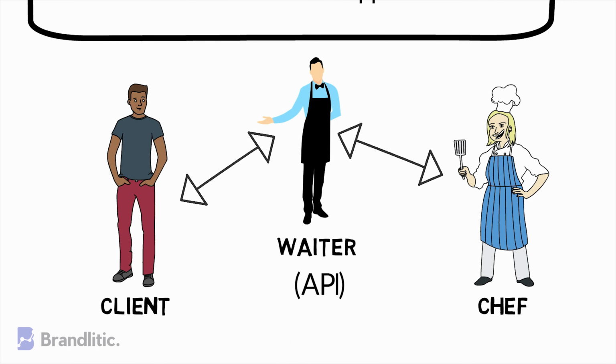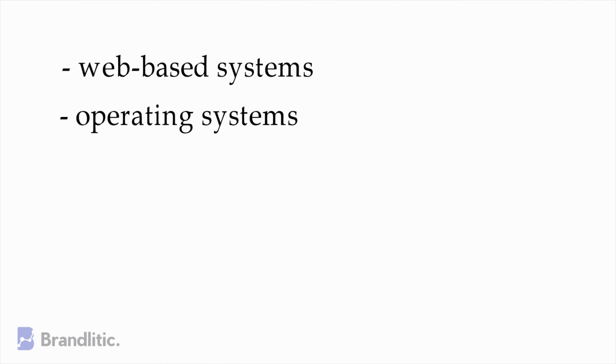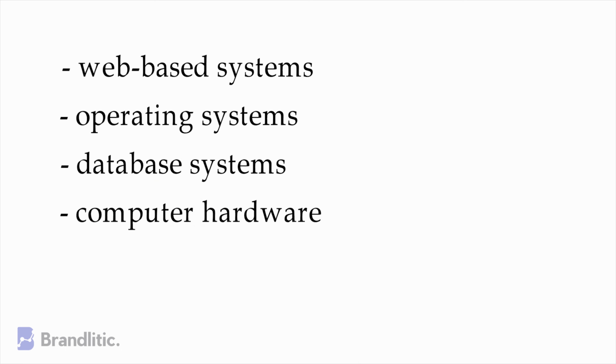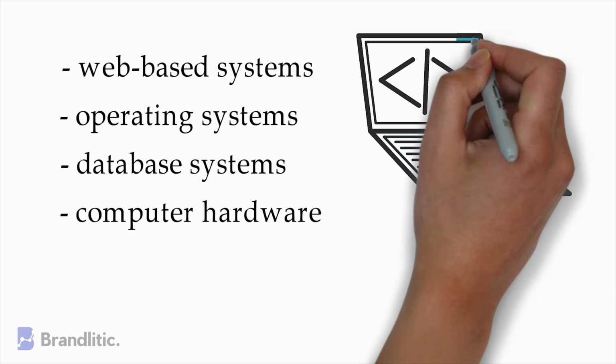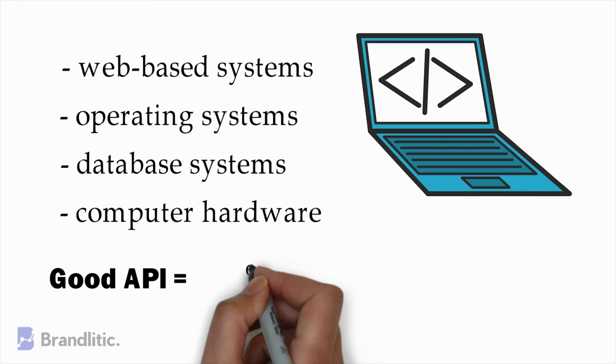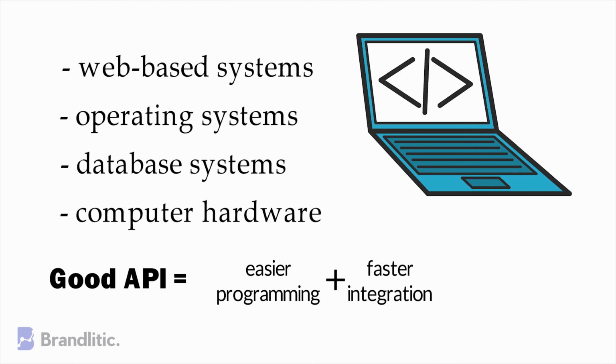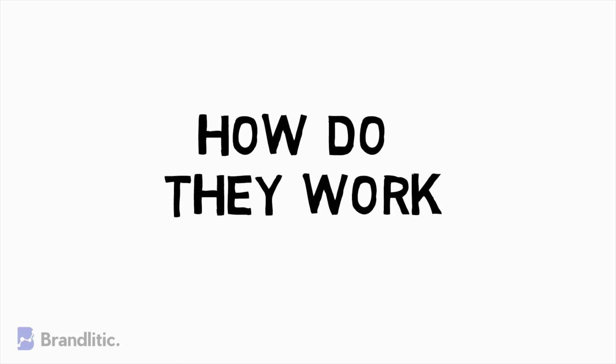By nature, APIs are very versatile and can be used on web-based systems, operating systems, database systems, and computer hardware. Developers use APIs to make their job more efficient by reusing code from before and only changing the part that is relevant to the process they want to improve. A good API makes it easy to create a program because the building blocks are in place and makes use of defined protocols to enable developers to build, connect and integrate applications quickly and at scale. Now let's understand how they work.